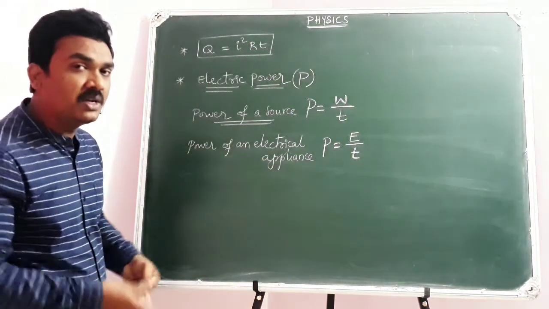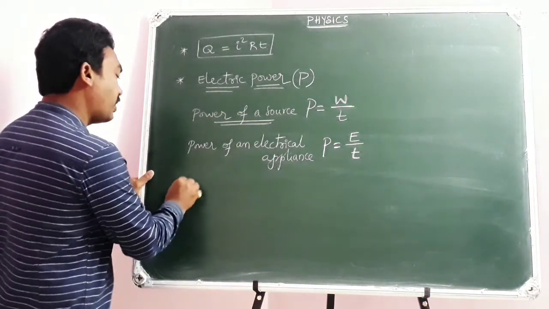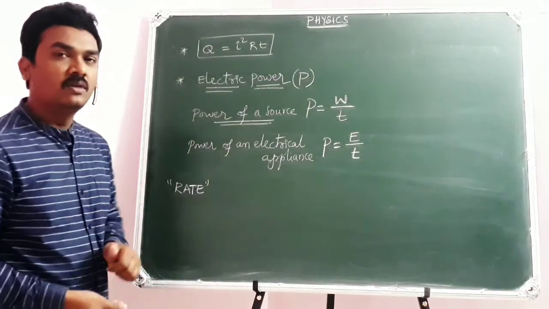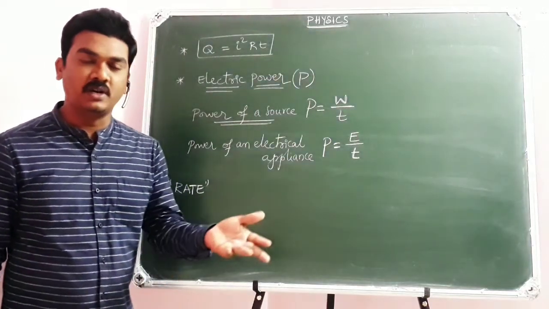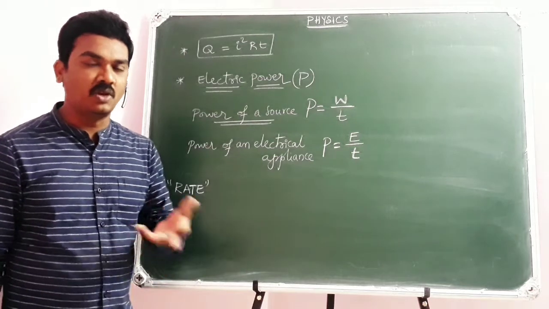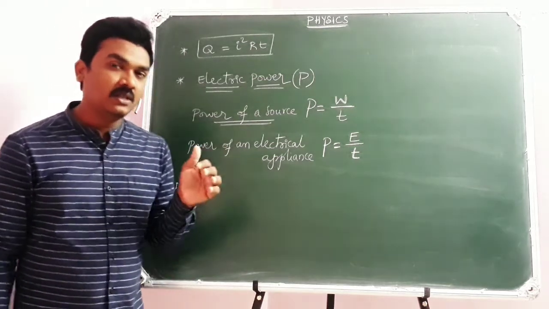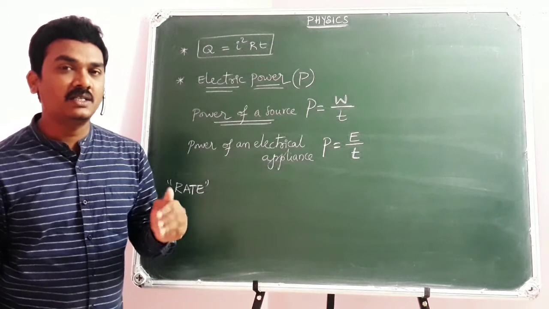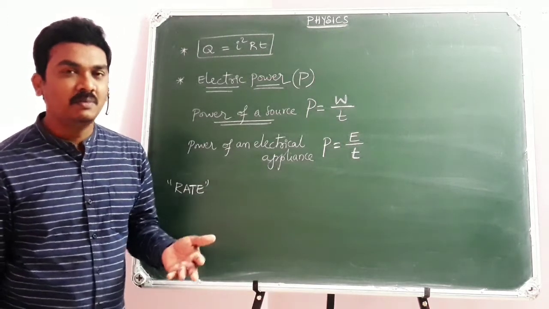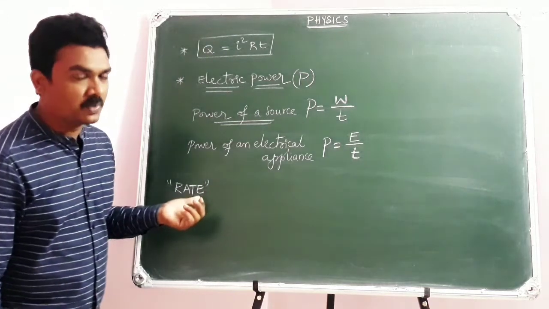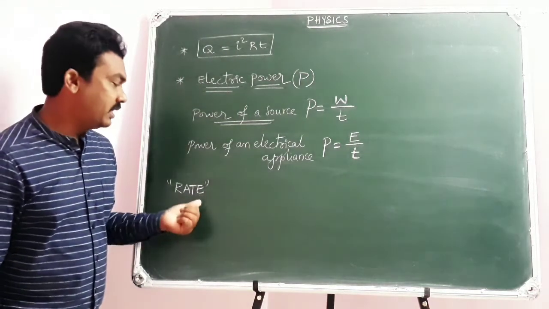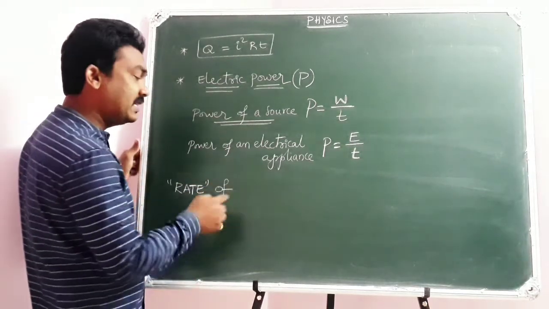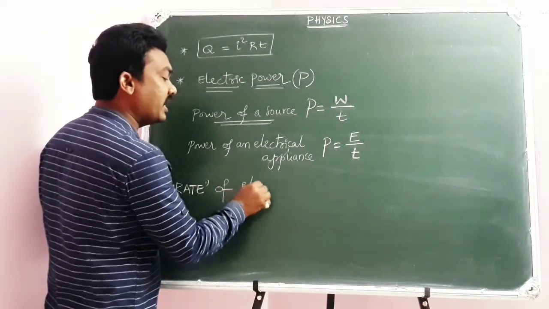Whenever we explain per unit time, we come across the word rate. It's a usual word; in Telugu we use it for the rate of tomatoes, rate of potatoes, rate of onions. We usually use it to ask the cost of tomatoes per kg. The cost of potatoes per kg indicates the rate of potatoes. But here, rate is not explaining the cost. It is not the rate of tomatoes, it is not the rate of potatoes. It is the rate of electrical energy.